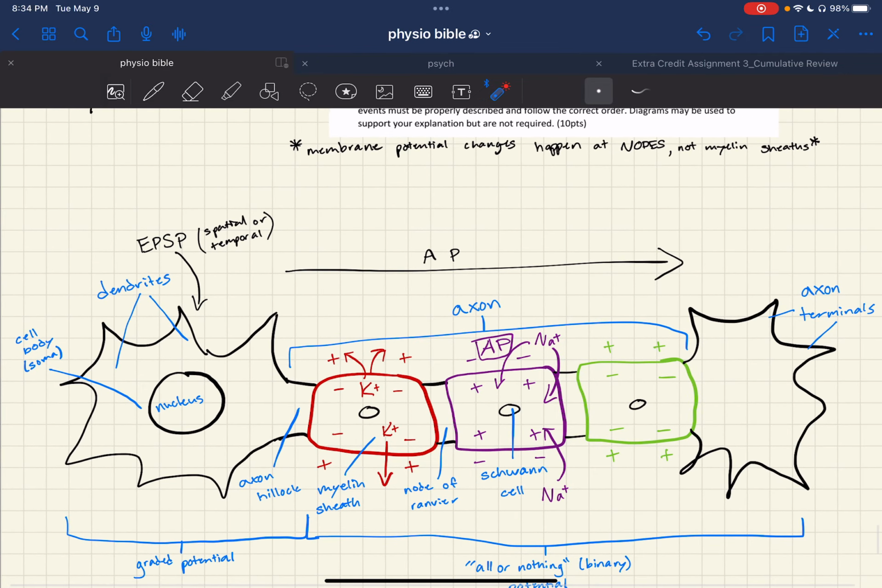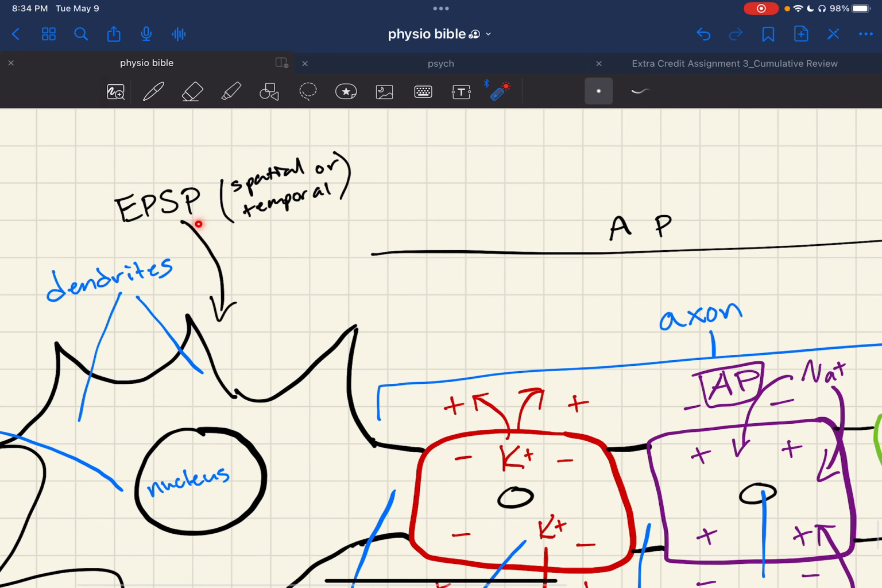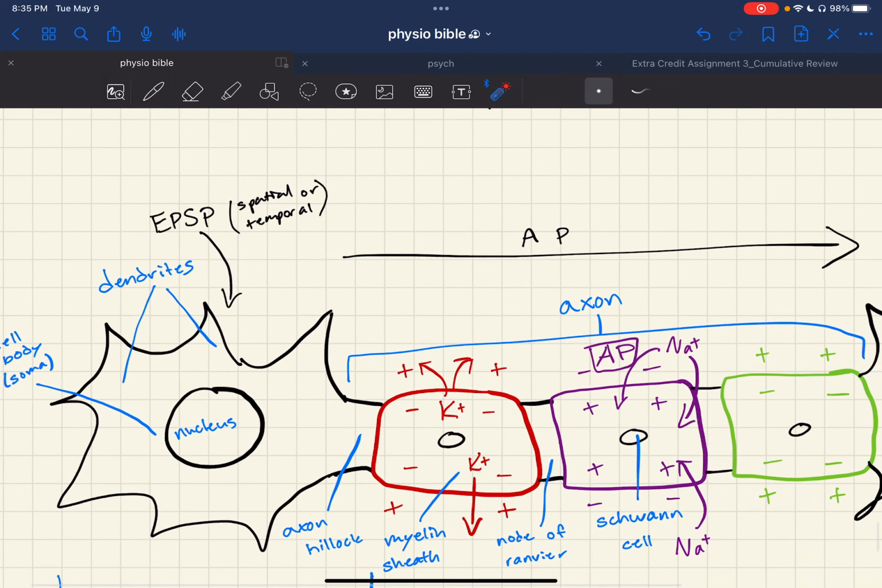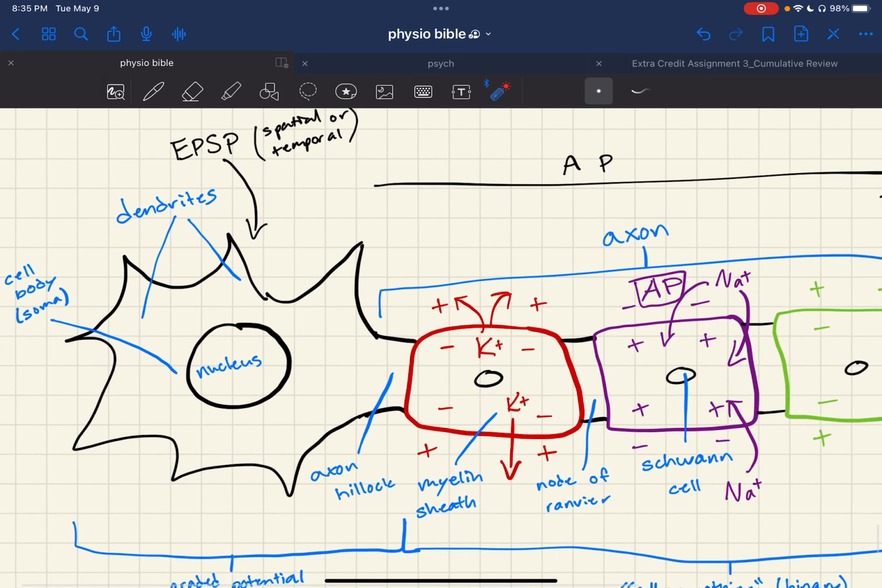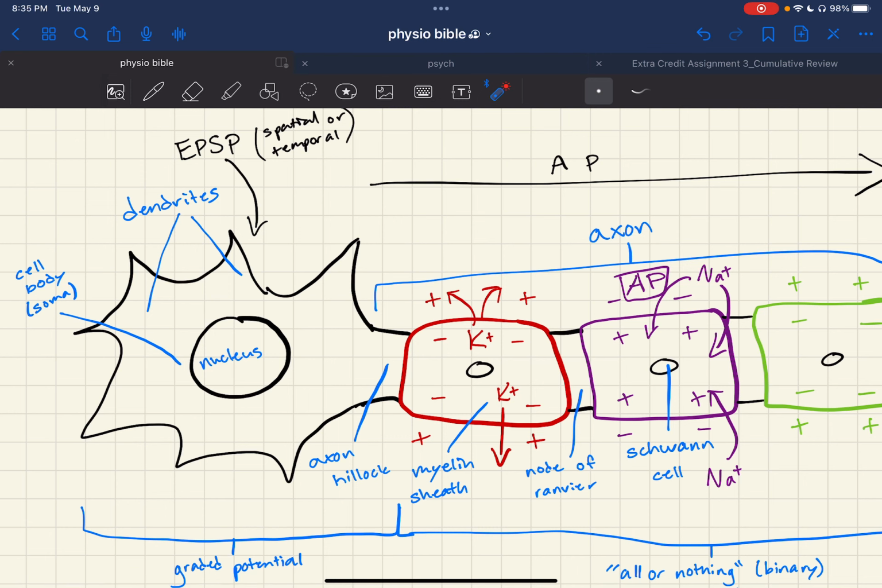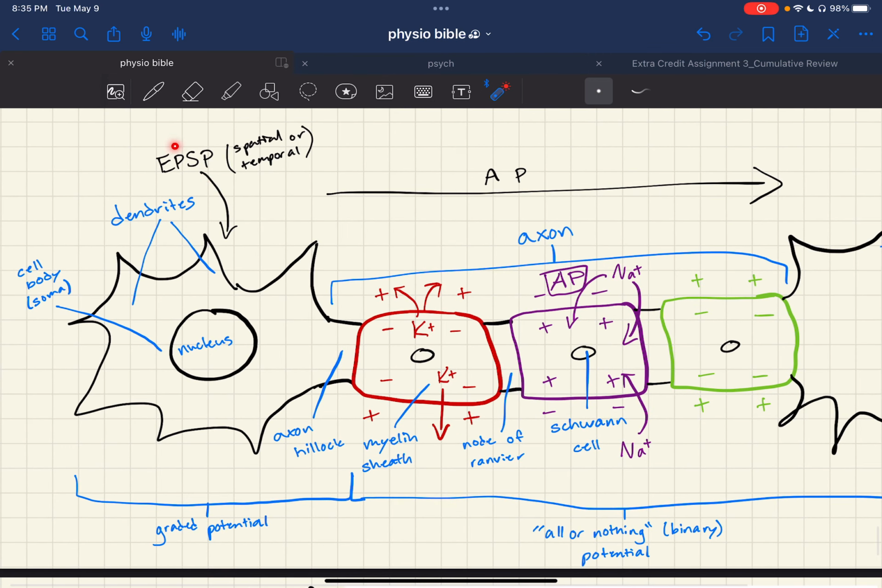So starting off with the axons, the EPSP, it's this excitatory potential from the presynaptic neuron. So in this case, this would be the postsynaptic neuron, and via spatial or temporal summation from multiple neurons or one neuron, we get small action potentials coming through here, and eventually, if there's enough going to the dendrites,